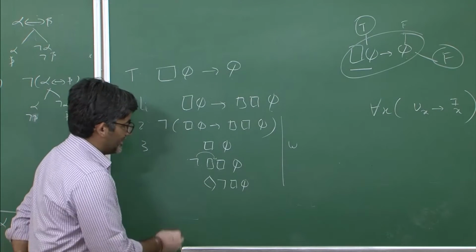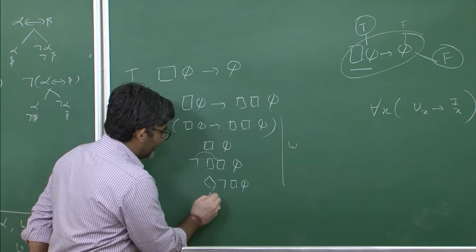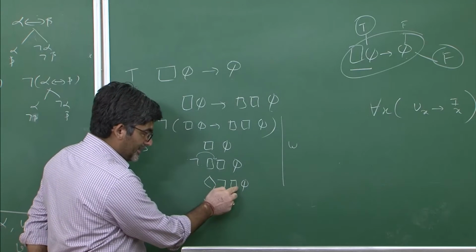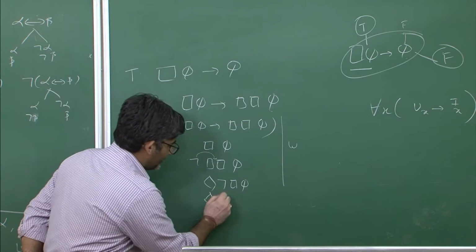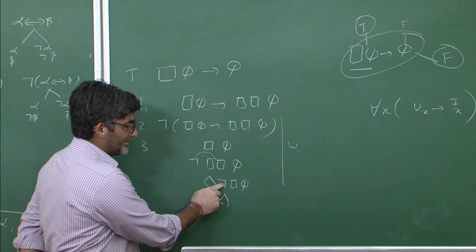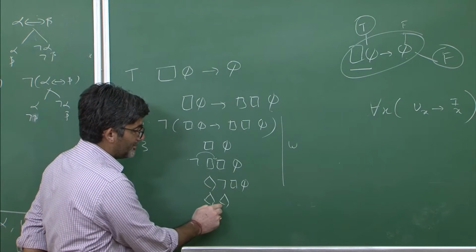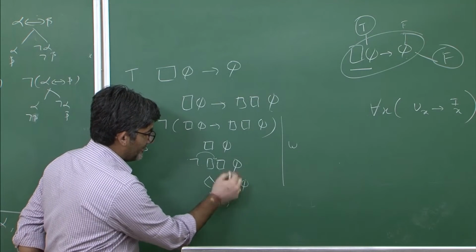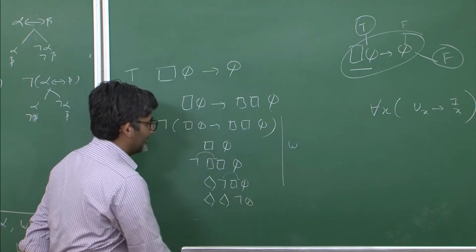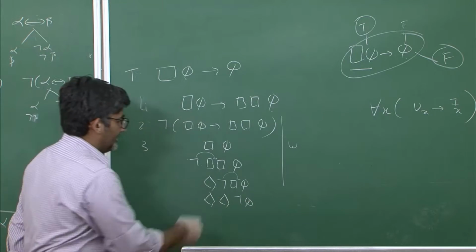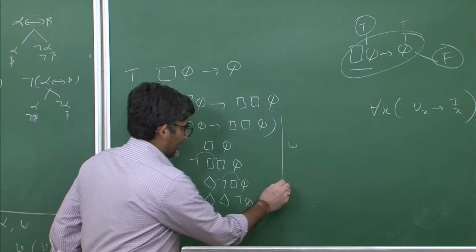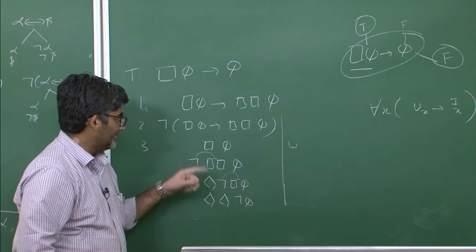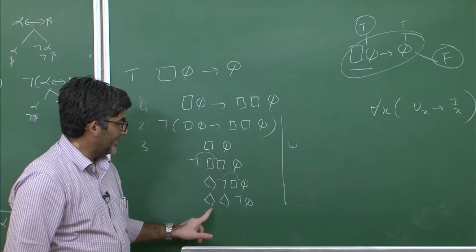First time when you apply this one. Now second time when you do it, negation of necessity of phi. So you have to have another possibility, because negation of necessity is possibility, and you are pushing this negation further inside, then it will become like this. Two possibilities and then not phi. So now there is a formula with which you have this thing, necessity of phi, and then you have this thing.